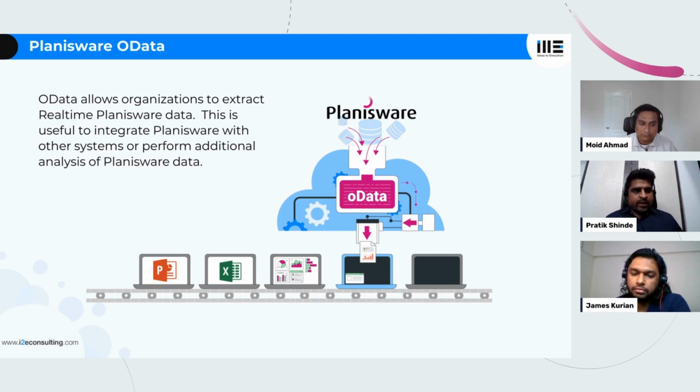So like I said, OData returns data in a JSON format. We highly recommend that we don't provide the data directly in the JSON to the reporting tools. What we suggest and what we develop is a middleware application that sits between Planisware and the reporting tools. The middleware application does all the processing. It gives out the OData URL, fetches the data from the OData URL, and does the JSON processing.